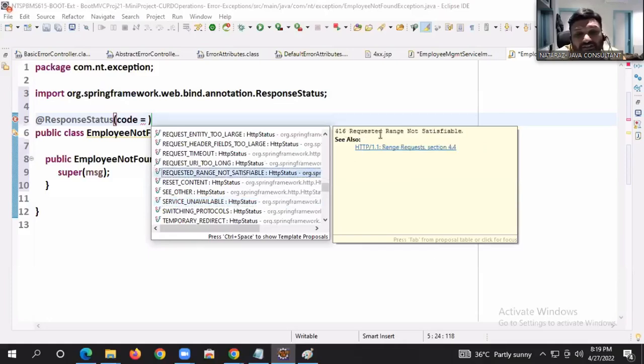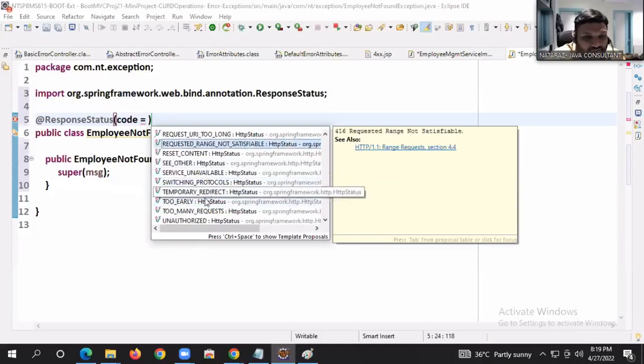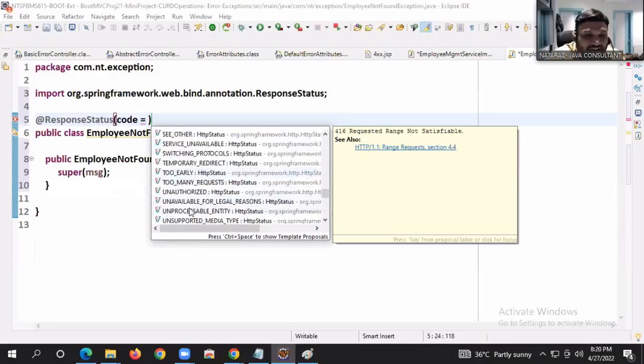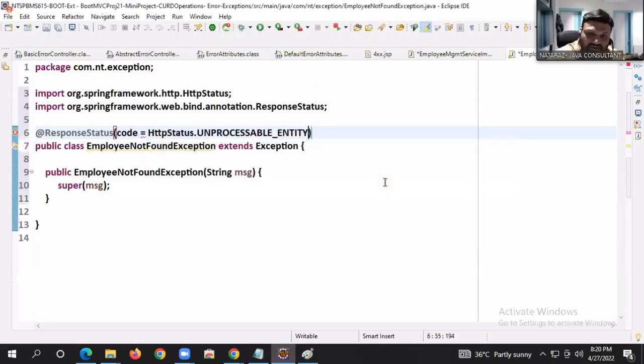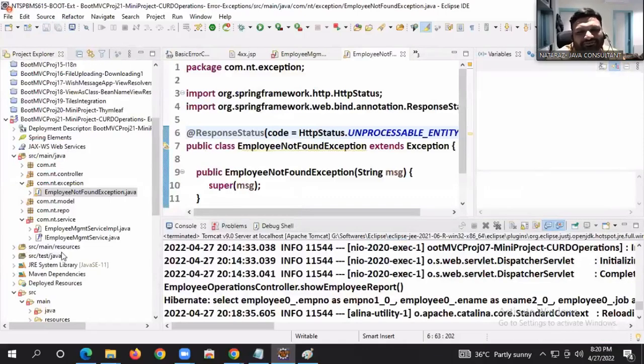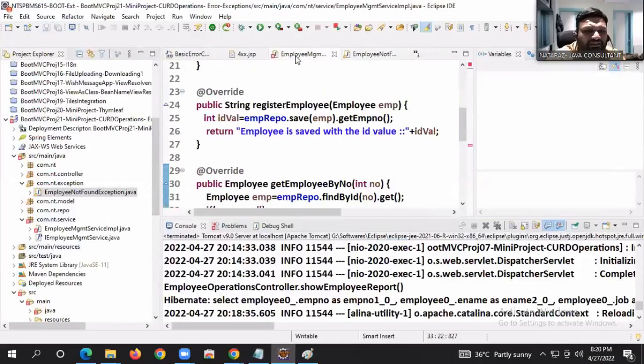Requested 416, requested range not satisfiable. We have a lot of things. Unauthorized, unprocessable entity. I want to send this error message, guys. Unprocessable entity. We are giving the wrong number, no? That's why I want to use this. Unprocessable entity, what is that? 422. Now listen carefully. Whenever the exception is raised,